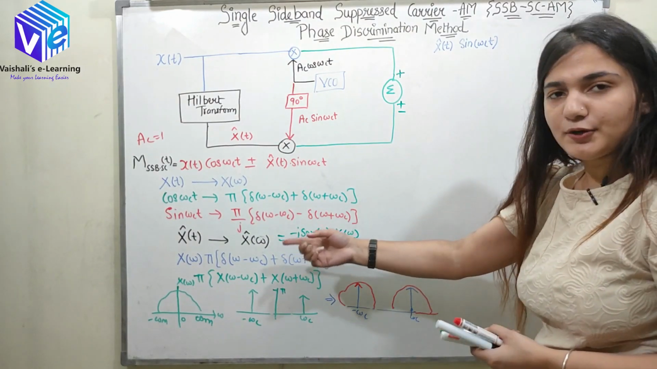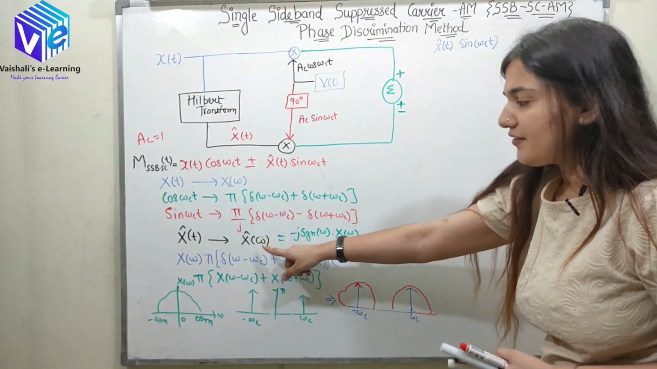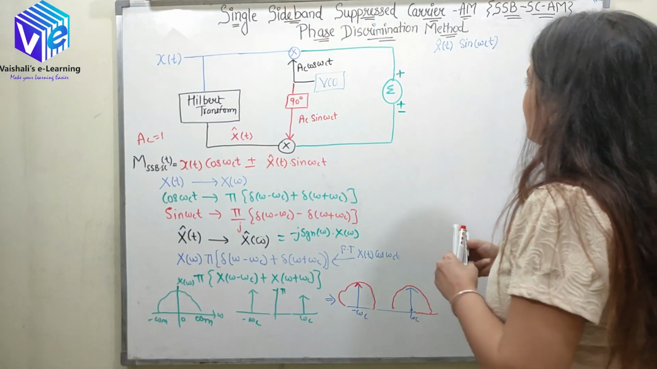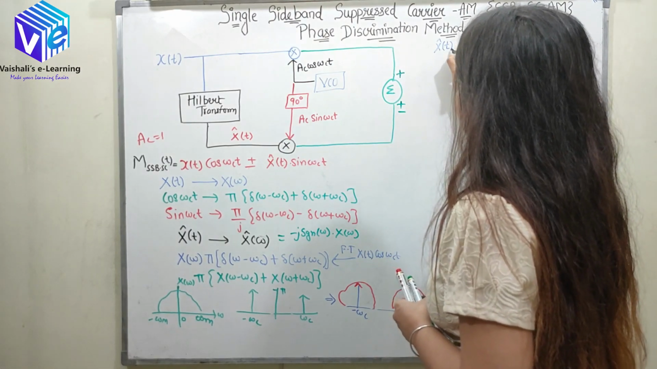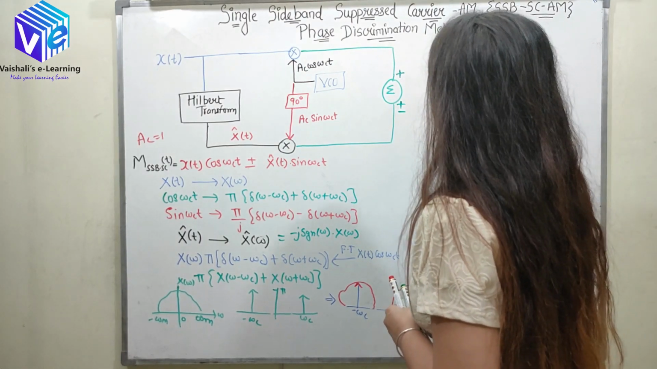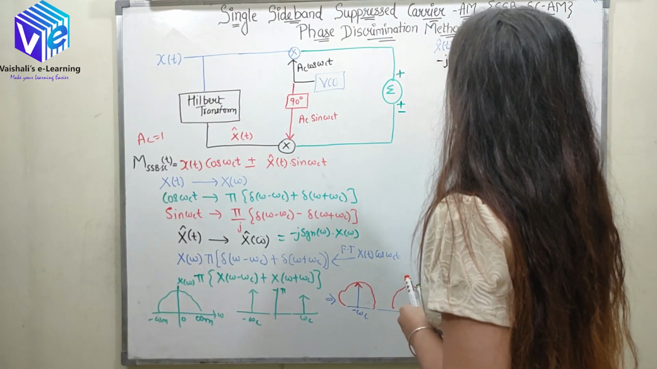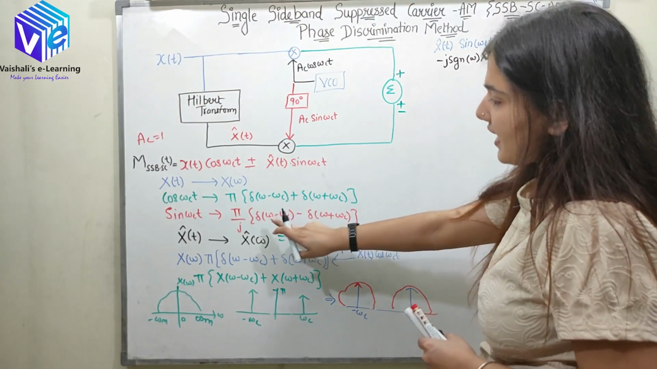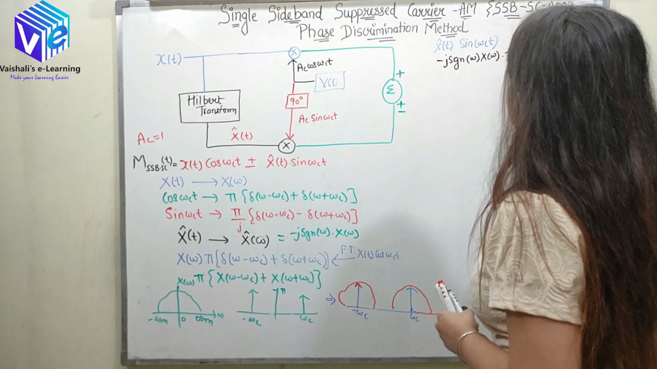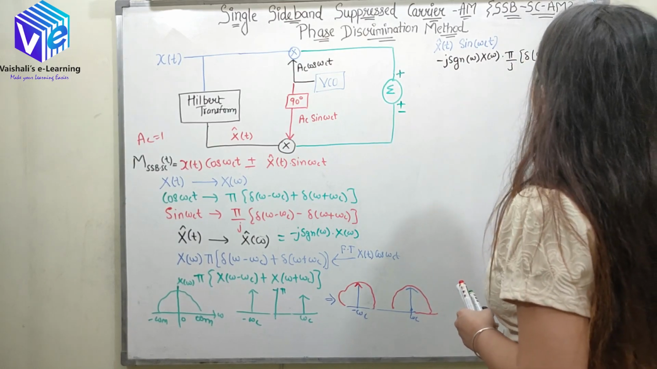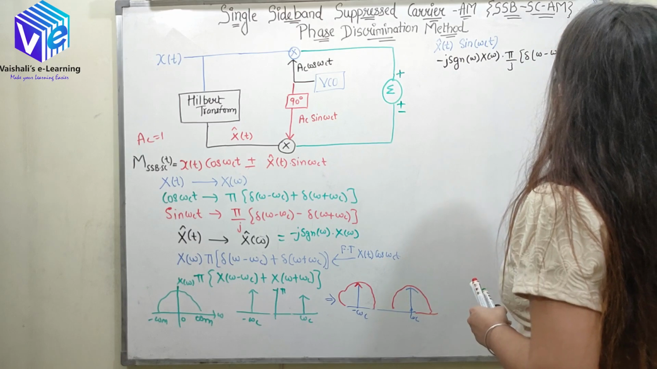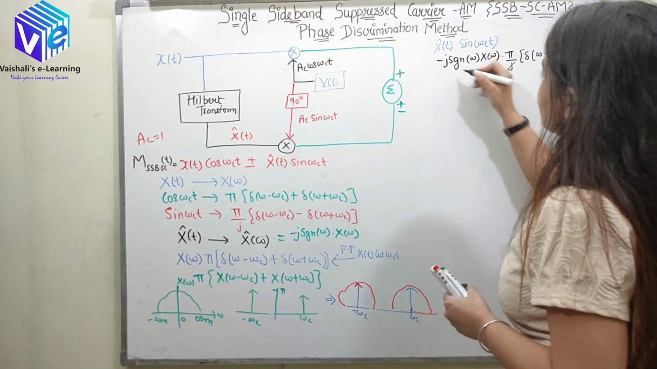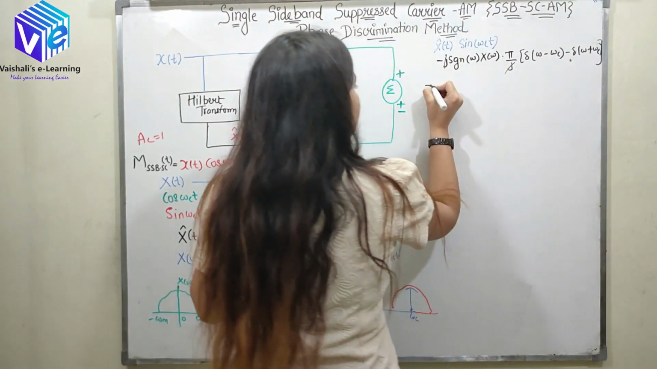I know the formula to find out the Hilbert transform. In the frequency domain, it is equal to minus j signum of omega into X of omega. So now I can represent X cap of omega as minus j signum of omega into X of omega, multiplied with the Fourier transform of sine omega c t, which is pi by j into delta of omega minus omega c minus delta of omega plus omega c. So now this j and this j will get cancelled out and I am getting